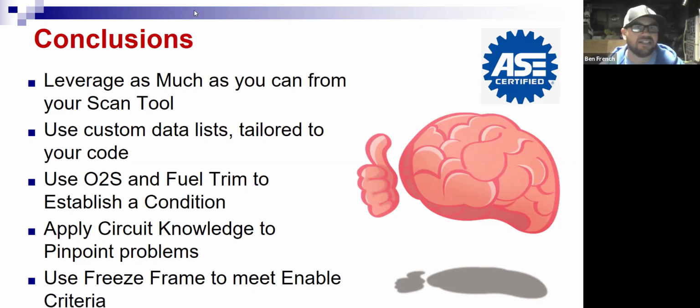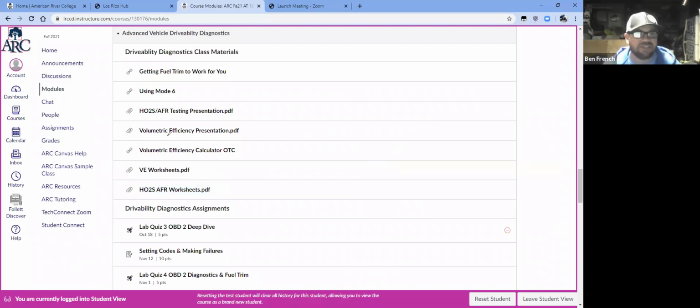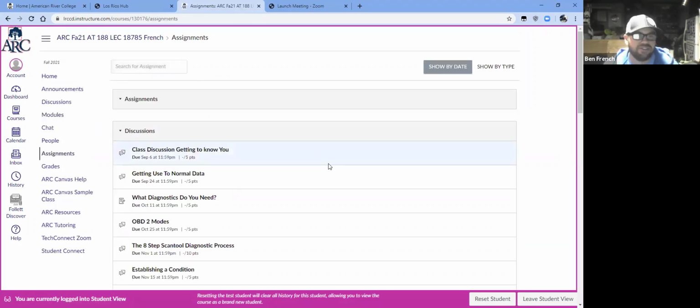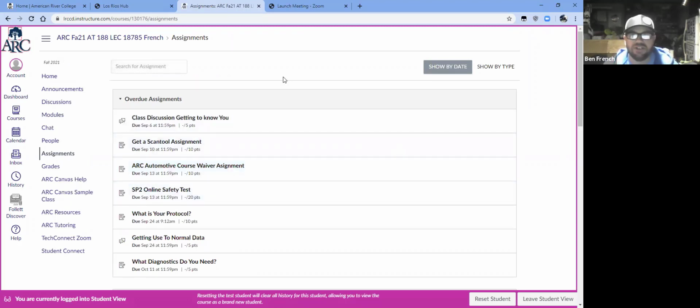If we exit out of this presentation and I go back to our Canvas page, you can see what assignments are coming up. I always like to look through the modules, but I know a lot of students like to skip right over here and go to assignments and look at things this way, and that's fine too. You can look at these little date codes. That one was due September 10th, so you can see where we're at. We've done the protocol one, and now we're moving on to